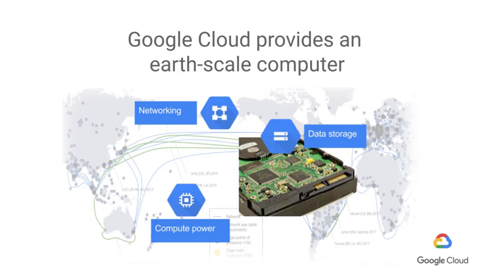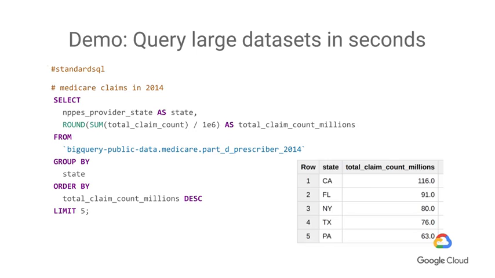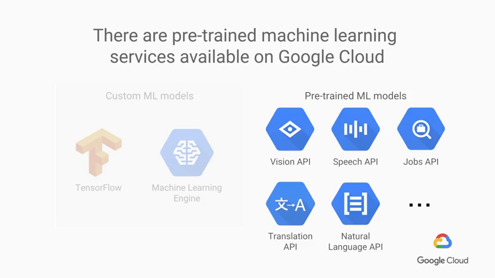We talked about how cloud storage and compute engine provide the CPU and storage necessary for ephemeral distributed notebooks. And then we used a notebook to launch BigQuery queries on thousands of machines at scale. This, for example, is a query that's carried out on a dataset of millions of healthcare claims. We also invoked pre-trained machine learning models that are available as APIs.